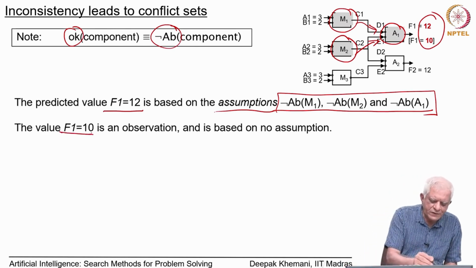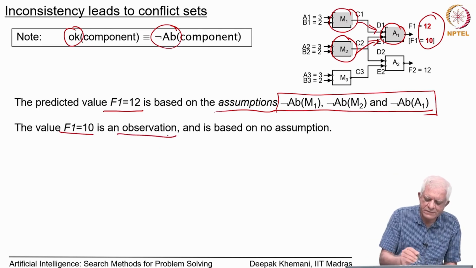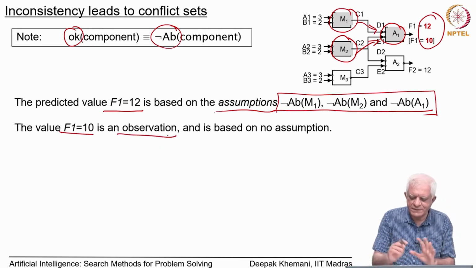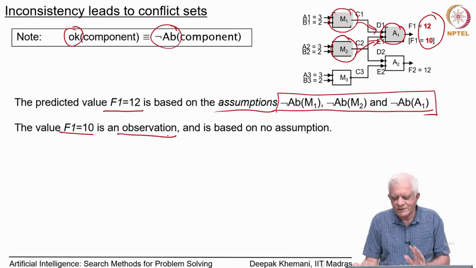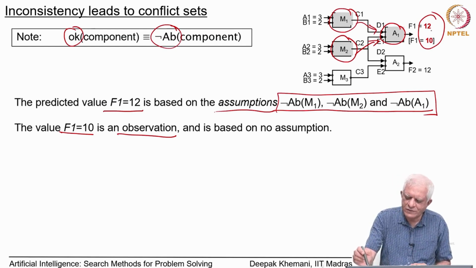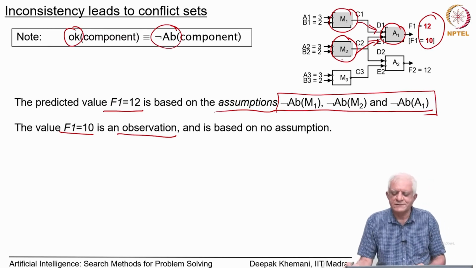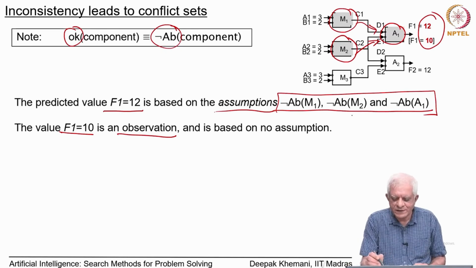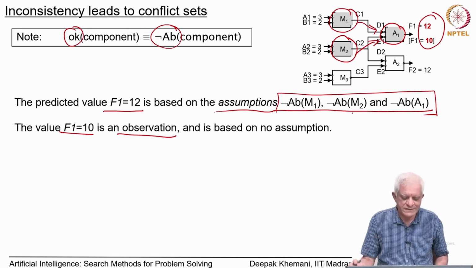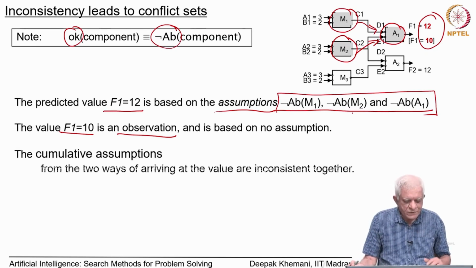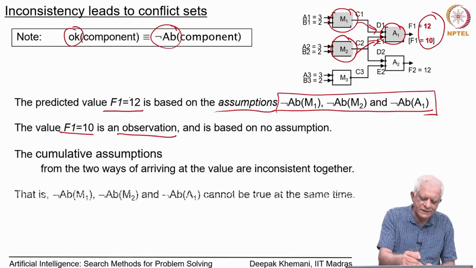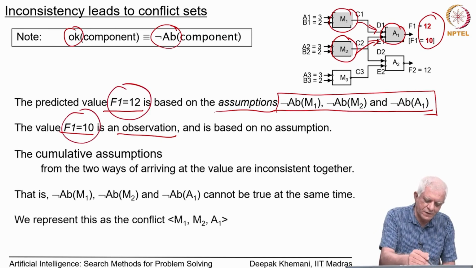The value f1 equal to 10 is an observation. It is based on no assumption. So, the only assumptions we are making so far is that M1, M2, and this is done by kind of propagating these values 12 and 10 into the network and saying which components they are encountering essentially. And they are encountering M1 and M2 and A1. So, we say that these are the assumptions that they must be working correctly for output to have been 12 essentially. So, the cumulative set of assumptions between both the things, the predicted value 12 and the observed value 10,